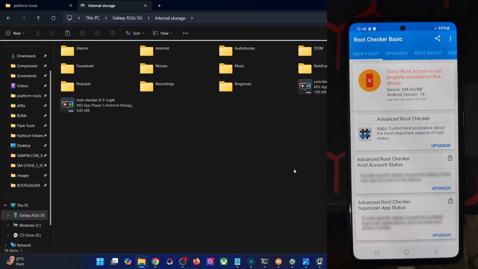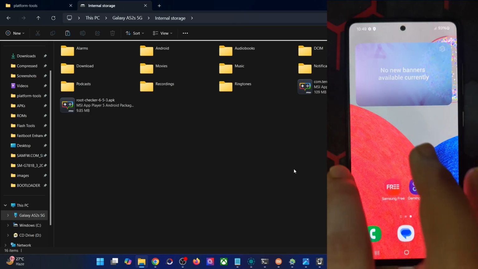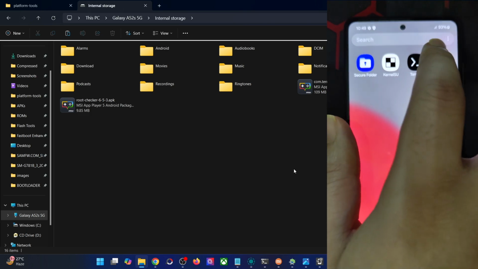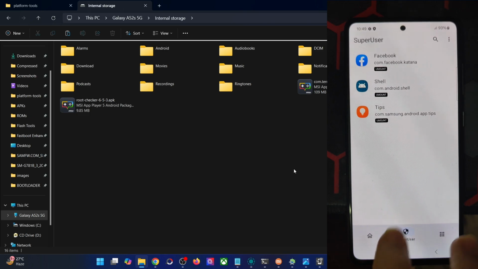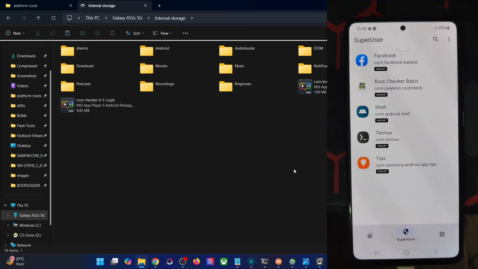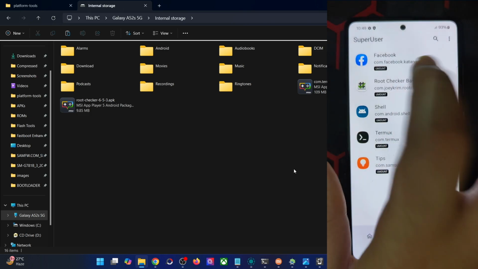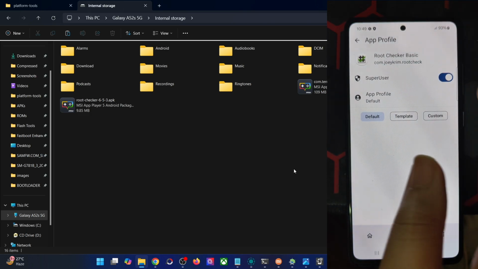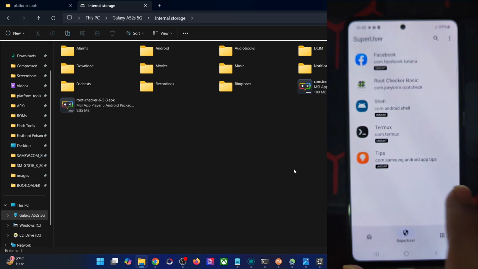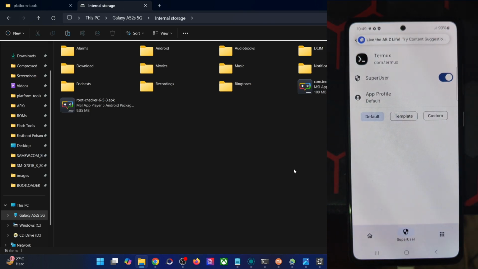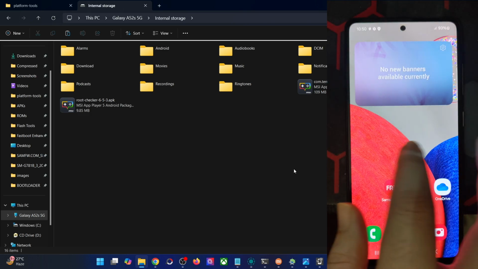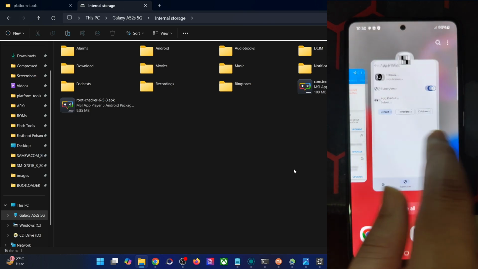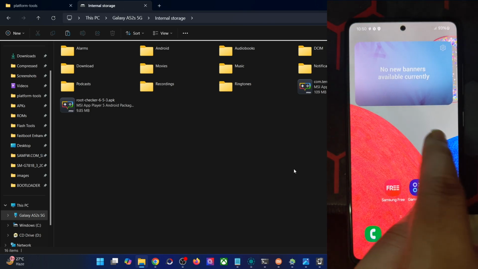In case of Magisk, you would have got a Magisk prompt over here, but in KernelSU you will never get a prompt. Instead, you will have to launch the KernelSU app, and from there go to the superuser tab, refresh it once, and you will now get the apps from here. So you will have to manually enable the superuser access from here. Likewise, do the same with the Termux app as well. Always keep this point in mind. You will never get the superuser request inside the app. You will have to launch KernelSU and then give it the request from there.